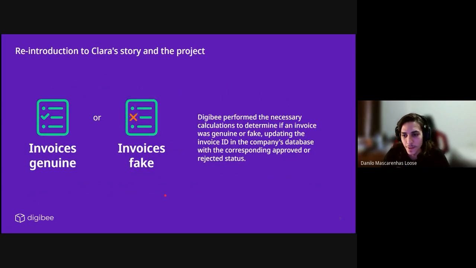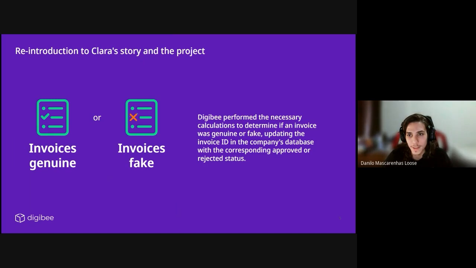Okay? So in that third pipeline, we are going to do those calculations and set in the database of IDs if the integration status is approved or not approved. And then the healthcare company can decide if it will pay the invoices or not. And because of that, it will not waste a lot of time. It will save money by doing this. So let me show you the 3 pipelines that Clara built to create that integration.